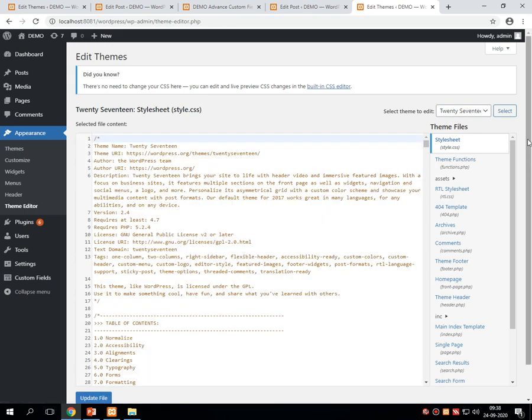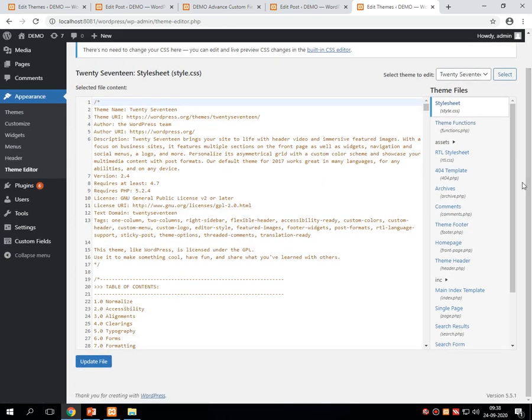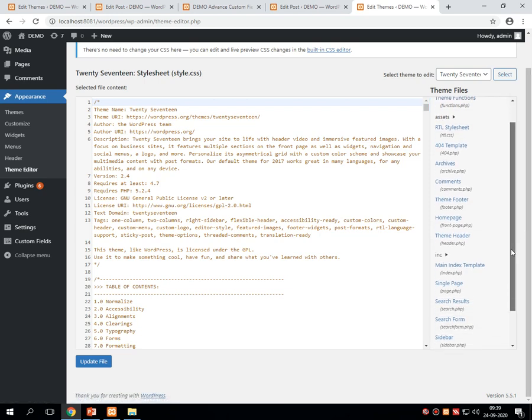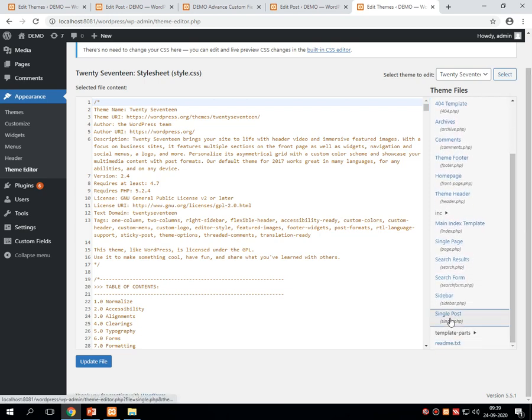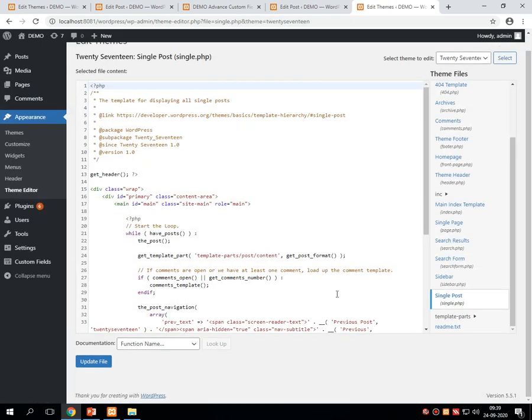Theme editor is where you can change the entire programming of the theme which you have set as default. Once it is open, on the right hand side there are many options. From all these options, select the single post option, which opens the code of single.php over here.